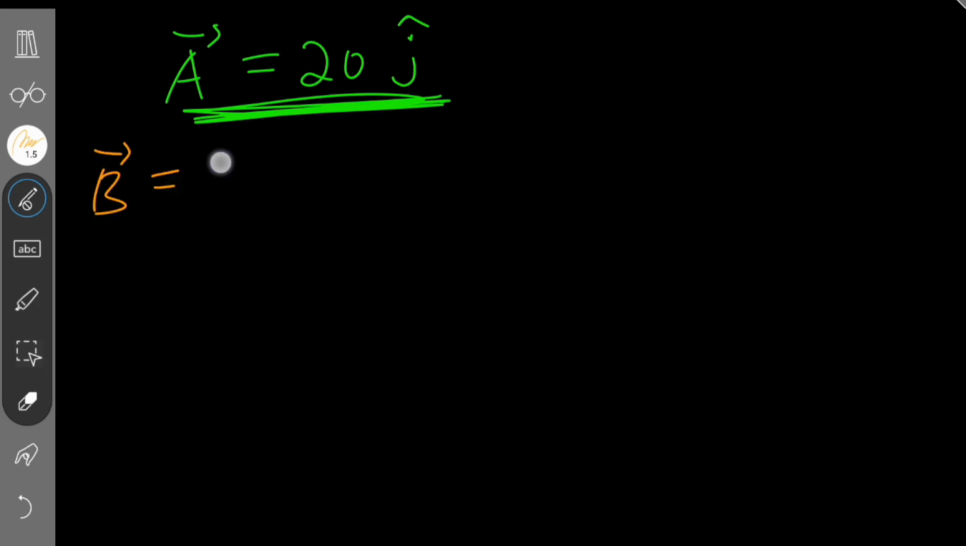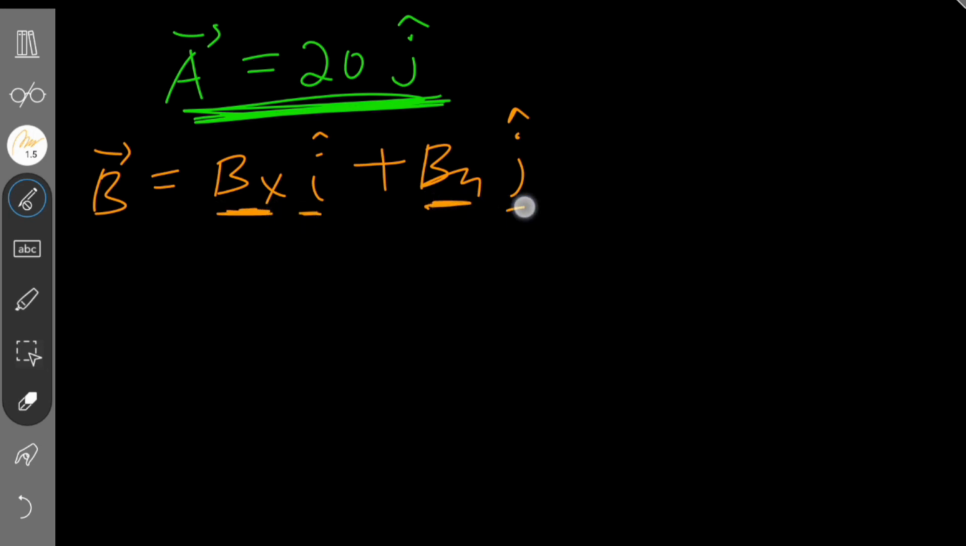Vector b is on a two-dimensional plane, so it has a bx component in the i direction plus a by component in the j direction. This is the amount in the i direction and this is the amount in the j direction. Calculating it, vector b is equal to bx